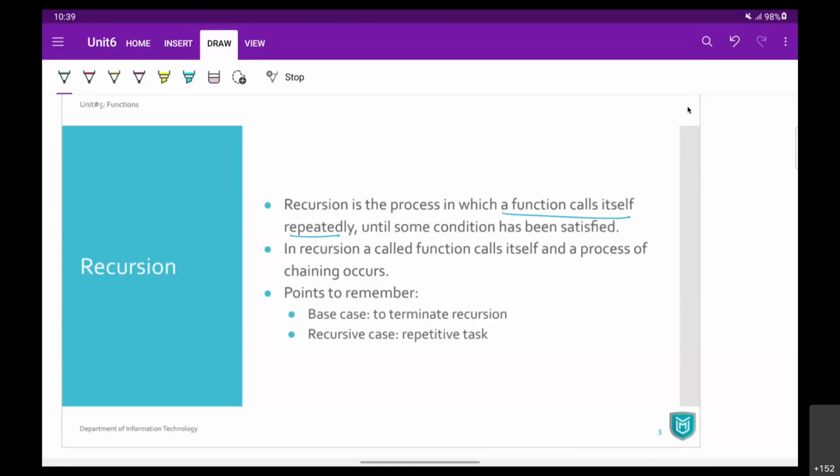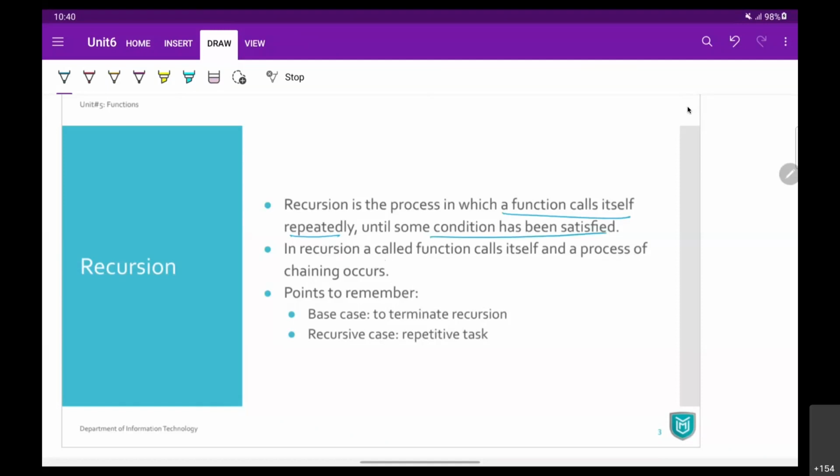If you don't have any condition, it is going to be infinite, so you have to be careful that your function call does not become infinite, otherwise your program will never end. Whenever we use recursion, we need to be careful of the terminating condition.